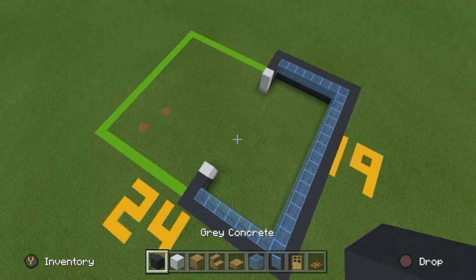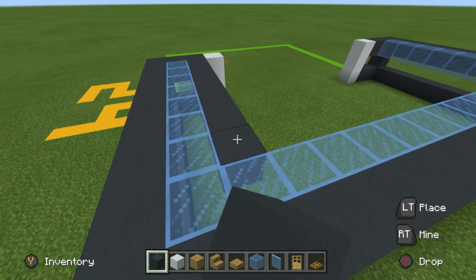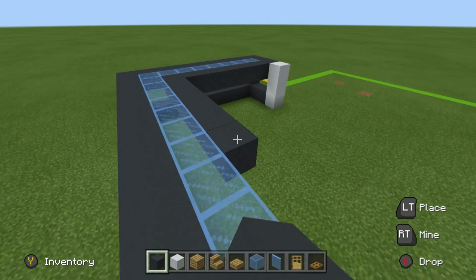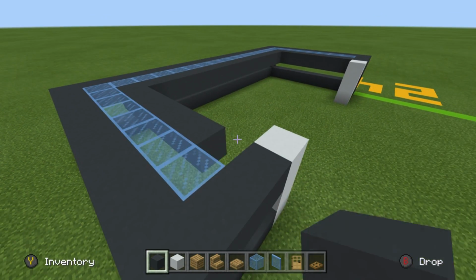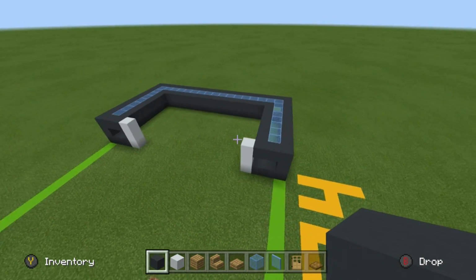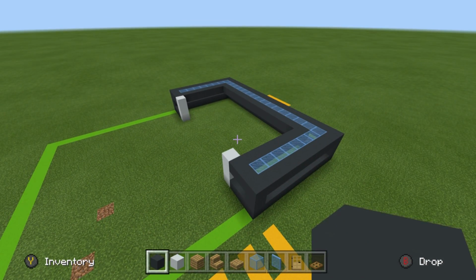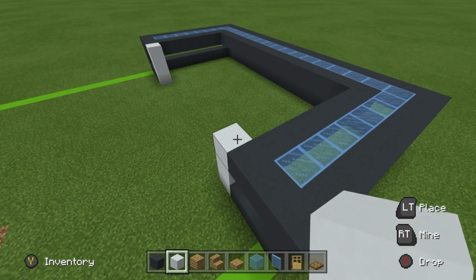I then want you to place a layer of grey concrete that sits inside of the glass. This will very clearly define where you have separate parts of the house. It will just mark out the grey part of the house from the white part of the house that we're about to make. You see, we now want to take out the white concrete and we want to place white